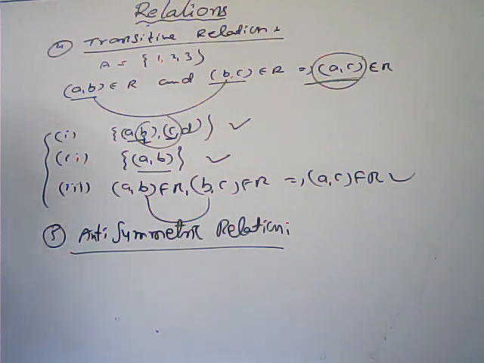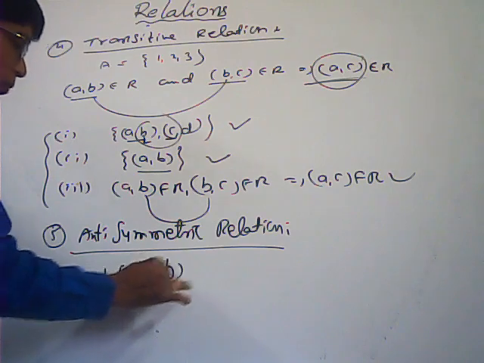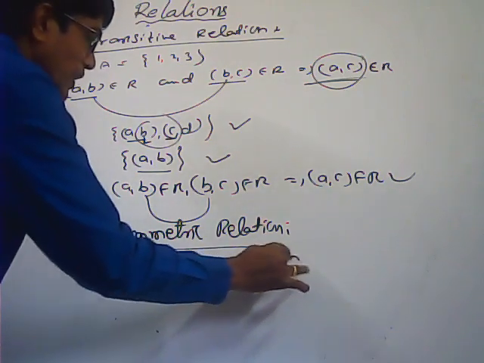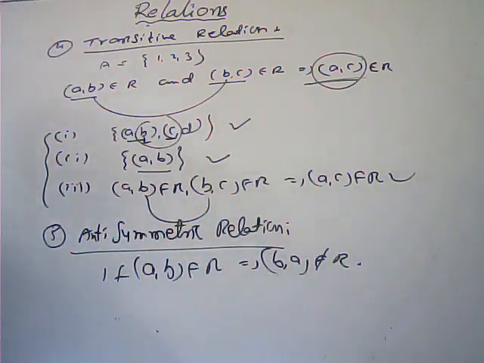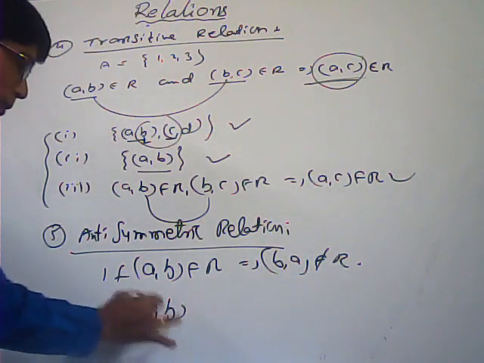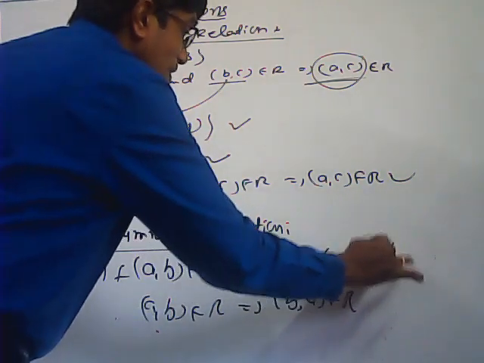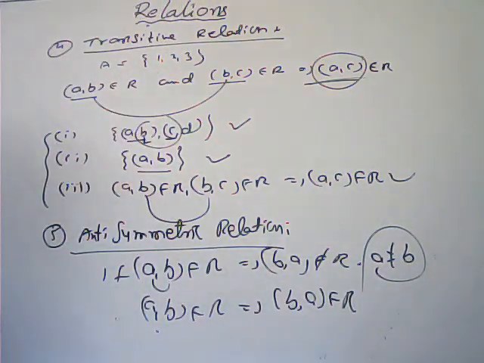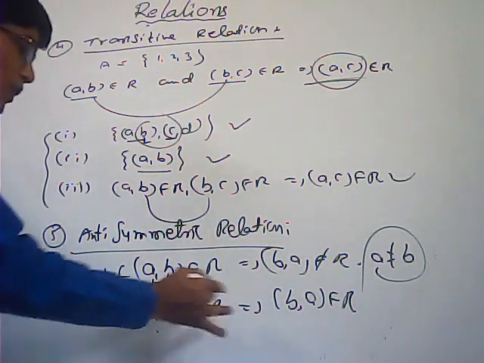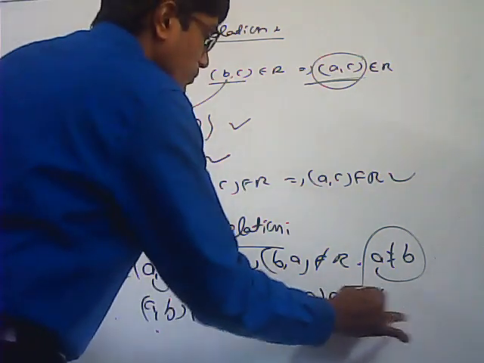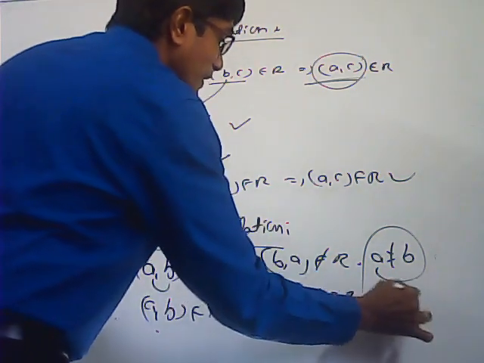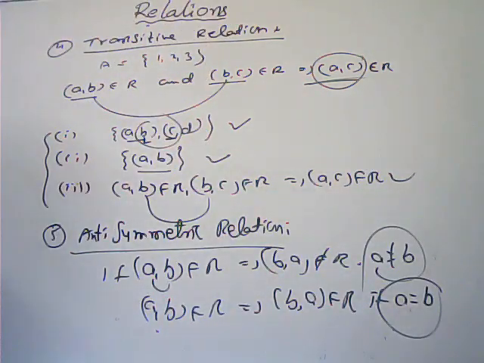Anti-symmetric relation. Now, in the symmetric relation, what I said here, no need to observe the equal ordered pairs. If (a,b) belongs to R, at the same time (b,a) should not be present in R. Here (a,b) belongs to R implies (b,a) belongs to R. Here we can say a is not equal to b, both are unequal. If a is equal to b, these conditions are very, very important. Means for anti-symmetric, no need to check the equal ordered pairs.